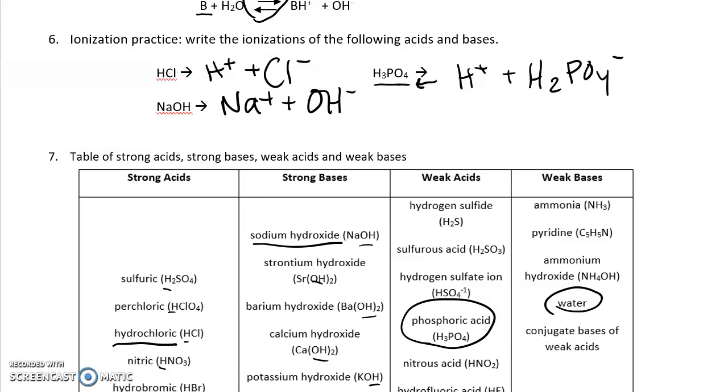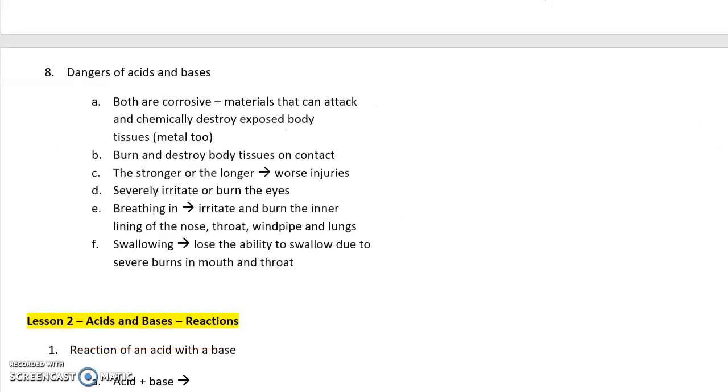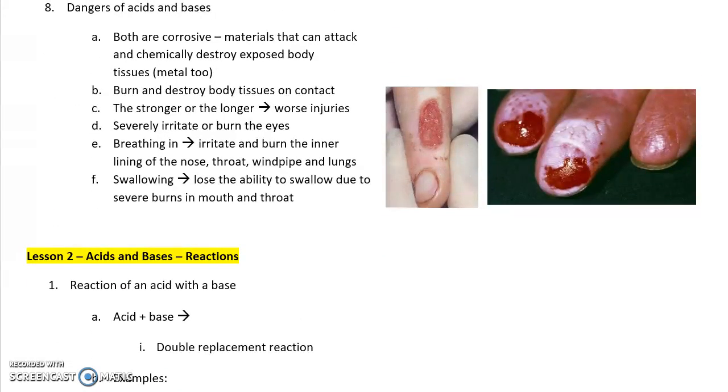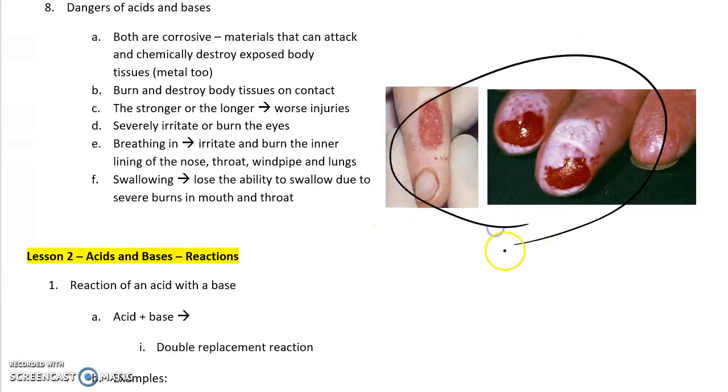Okay. The last thing that's on here is just a note about acids and bases. They're both very dangerous if they're especially concentrated or if you have long exposure to them. So these burns that are over here on the right, one's an acid burn, one's a base burn. So you can see that they're both as dangerous. It's not just that acids are dangerous and bases are not. We're never going to work with fully concentrated, but you want to make sure that you keep in mind, even when you work with acids or bases, these are really severe, obviously, but if you get them on your skin, you definitely want to take some measures to wash them off so that way you don't have any